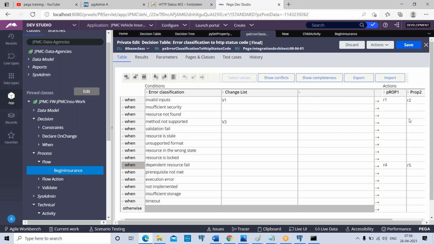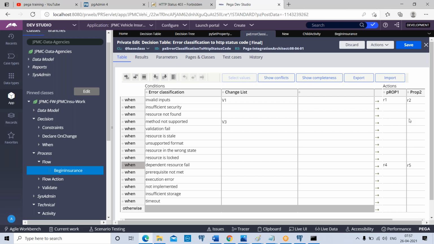Let me go ahead and summarize. A table or tree rule you can use in order to define conditions and return values. By default, only one value can be returned. The logic used in a decision table is if, else if, else if, else if, and so on, otherwise. The logic used in a decision tree is if, comma, if, comma, if, and so on, otherwise. Between the columns in a decision table, we have the logical operator AND, and in a decision tree, we can have nested conditions added, with multiple properties being used.